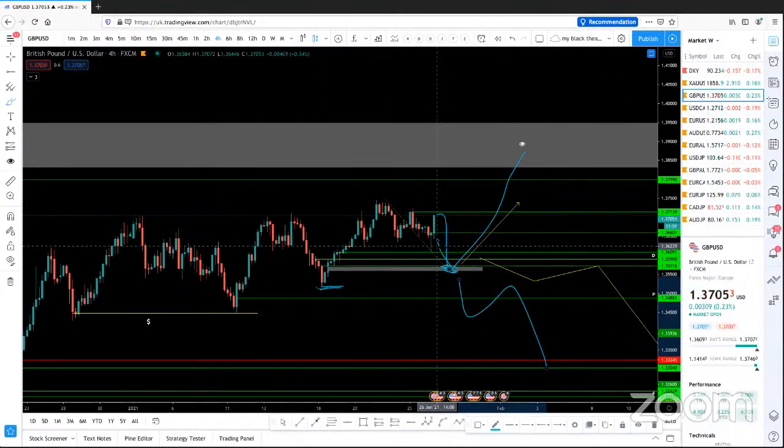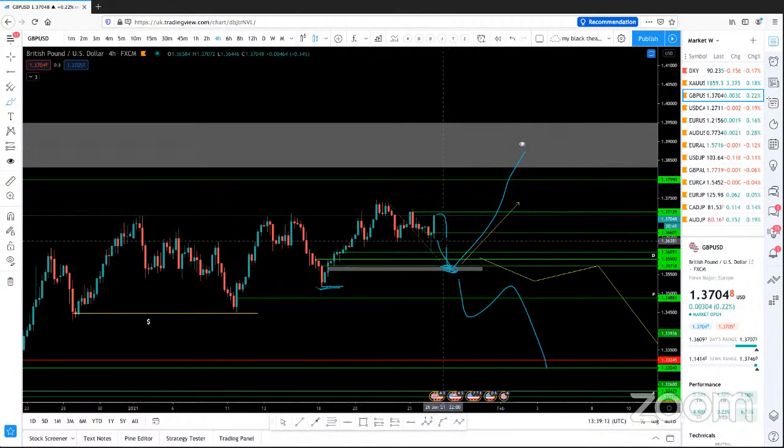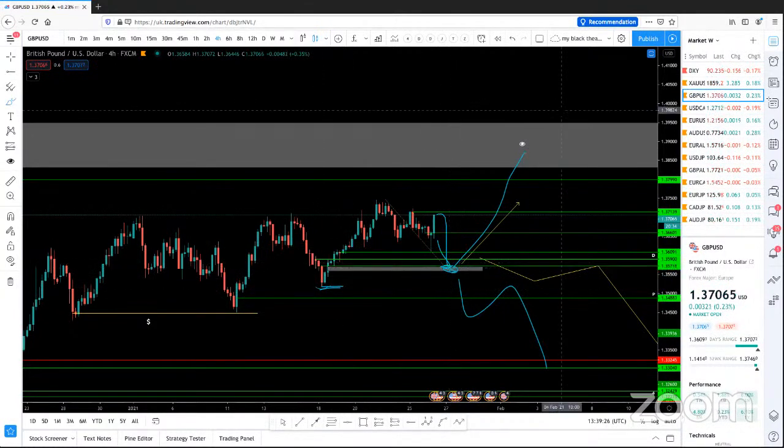I have shown you here the possible logical area, because we are in a bullish momentum, a bullish move. So the logical move is to make a higher low and then move higher. That's it. But if we fail to do so, what are the next options? Then I'm anticipating the pair could react to here and give a reaction towards the downside. Still, we did not break this low, so there is still a possibility to run higher, because we are still bullish. This is the second scenario.